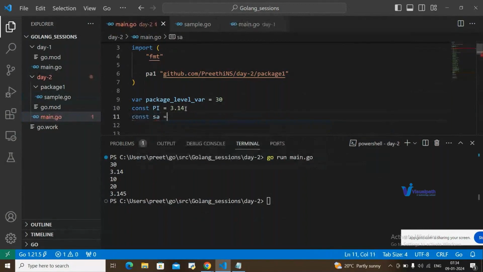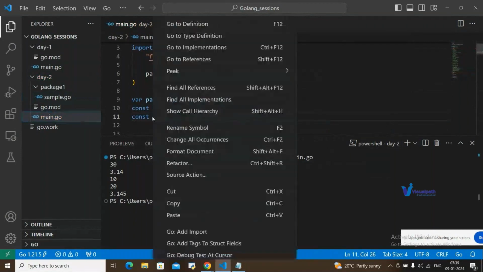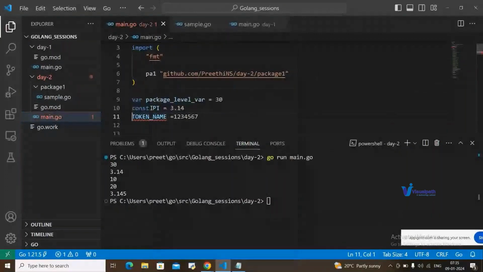I am giving a random name here, but for example, you have a token name. You will have this token name throughout the program as a constant. Then you will be providing some value to it. So then again, what I am doing is providing the constant declaration in multiple lines. Instead of this, there is another way. Instead of providing multiple declarations here, you can provide the const keyword once